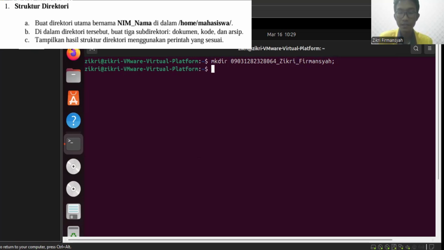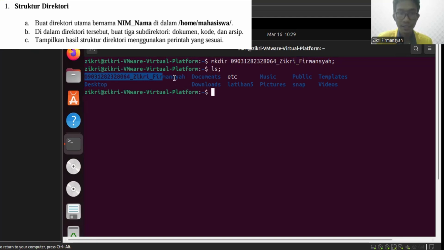After this, we will check whether the directory is created or not using the ls command. As you can see, the directory that we created before is displayed when we type the ls command. It means we succeeded in making the directory.